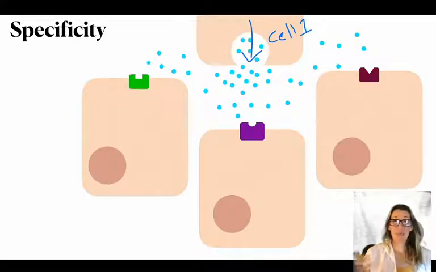They get released just everywhere, into the environment, maybe into the intracellular fluid, or maybe they're getting released into the blood if it's a hormone. How do we prevent every cell from reacting to that messenger that's being released into the environment? Well, the way we specify our reaction is that receptors are very specific to their chemical messenger. So if this chemical messenger is released into the environment, it comes and it tries to bind